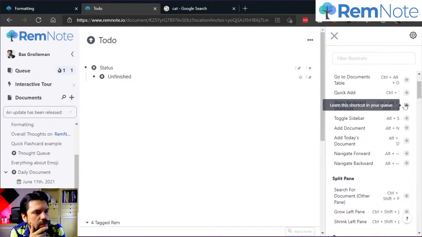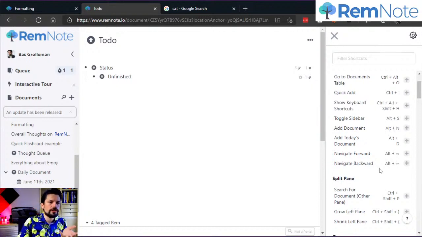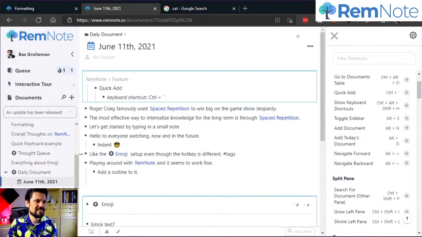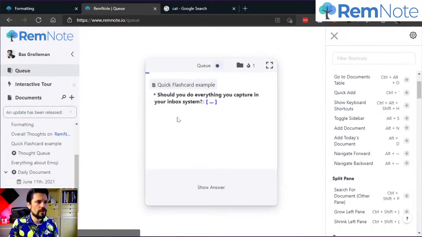Oh, this is smart. This is brilliant. I like this. What they're doing here is they added a plus behind the keyboard shortcuts so you can use the memorization function, so learning stuff, to use the program to learn your own shortcuts, which is brilliant. So I do this and it turns it into a question, and I like that the questions are quick, and then I can go to Q and go like, hey,